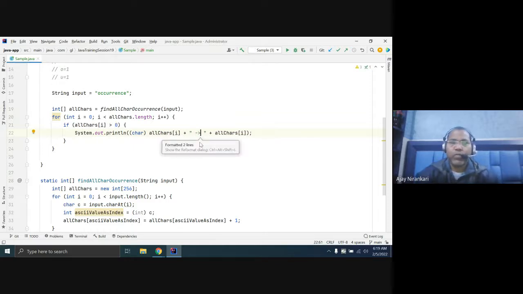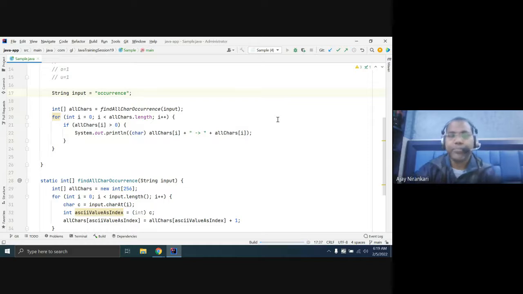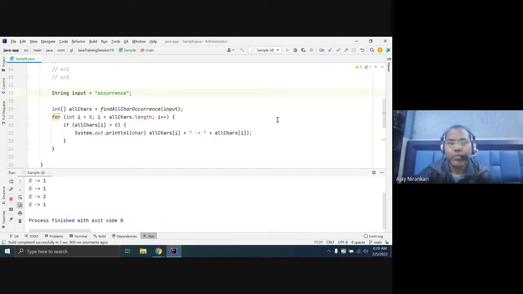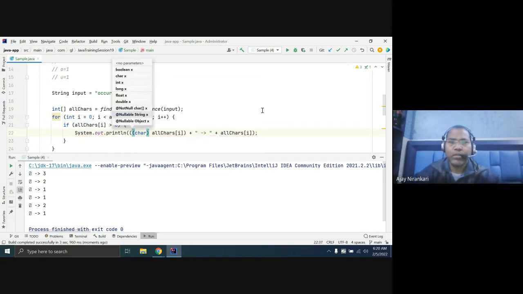So whatever the characters and whatever the occurrence, till now there is no doubt. You have zeros at the other positions, so whatever value we get, just make sure you typecast.